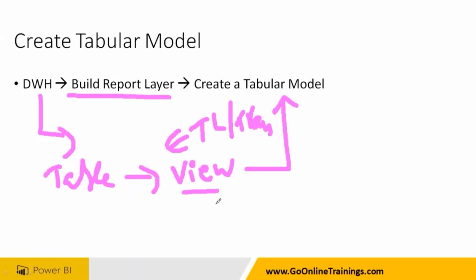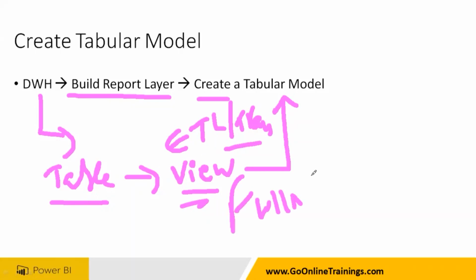So there is a concept called view. Views, stored procedures, and functions that you will be learning as part of the SQL Server, right? You get the data. Table data means complete data, but I don't want to use the data as it is. I want to clean the data. But I need only a few columns. The complete table I don't need. I want to perform some transformations. Like I would like to get full name,